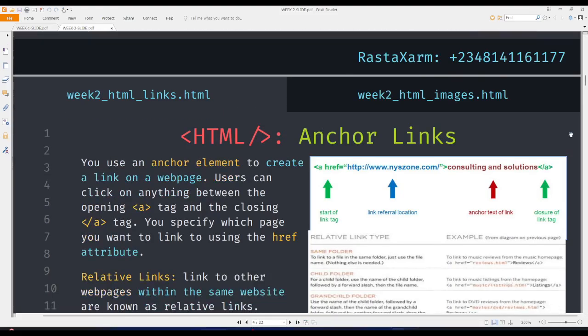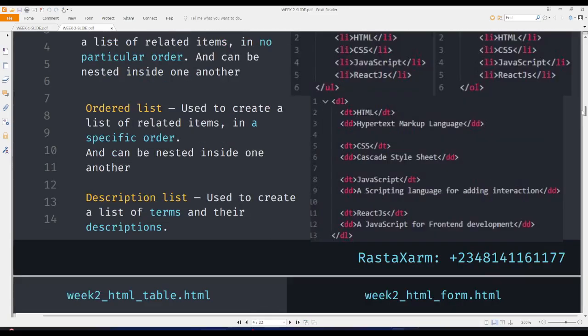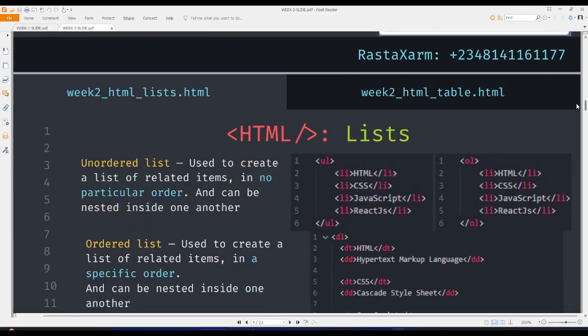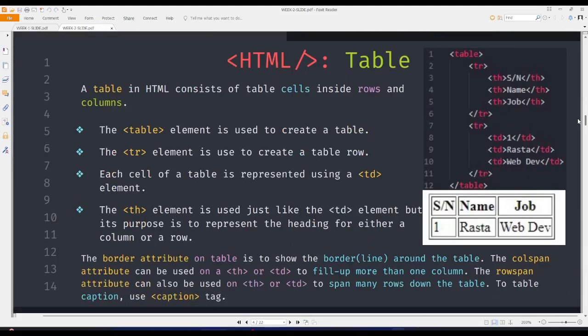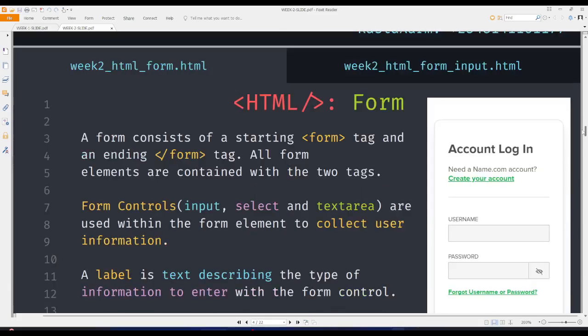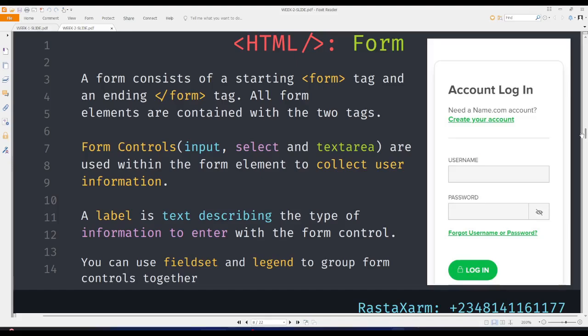So the icon link that we talked about is here. So the images that I talked about is here. The list that I talked about, as you can see, everything I'm saying, I've already prepared in notes for them that you can always go through to just cross check everything like that. So we've not talked about table, but we're going to jump into form in the next class,